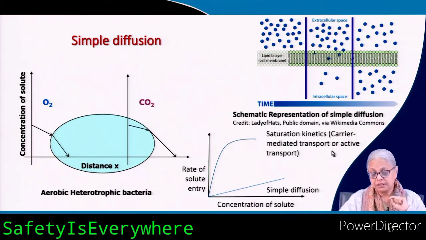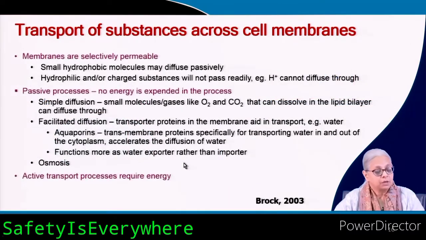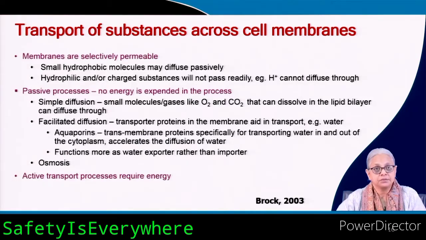So that is carrier mediated transport or active transport, and you can see how high the rate is compared to simple diffusion. Simple diffusion has a very slow and low rate. The carrier mediated transport or active transport, yes, you have to utilize energy for that, but you also get a much higher rate of solute entry. So now we come to the second point, and that is facilitated diffusion. Now what is facilitated diffusion? It is still diffusion driven by a concentration gradient, but in this case